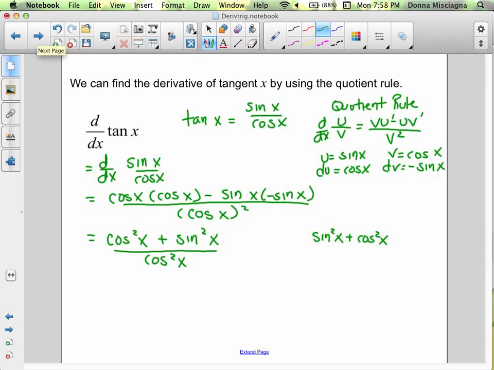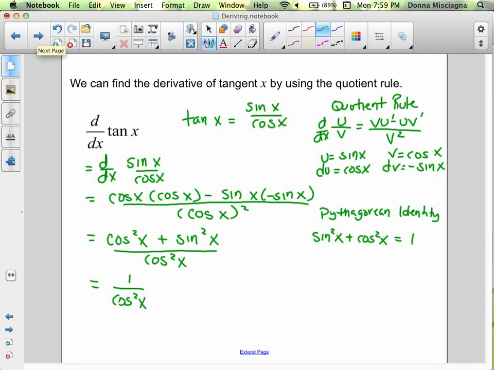So cosine squared x plus sine squared x is the same as sine squared x plus cosine squared x, and we know that equals 1, because this is a Pythagorean identity. So I could replace the cosine squared x plus the sine squared x with a 1. So now I have 1 divided by